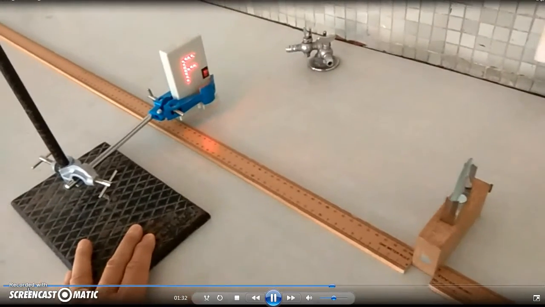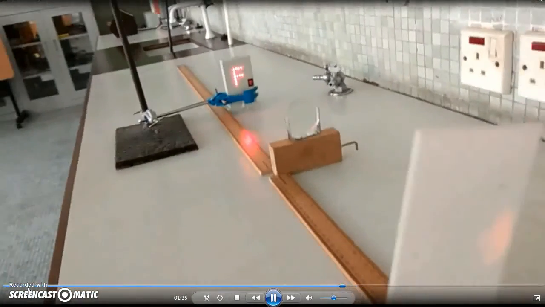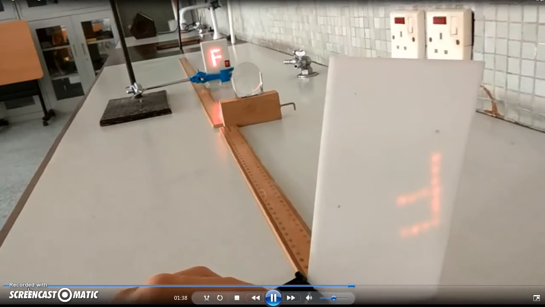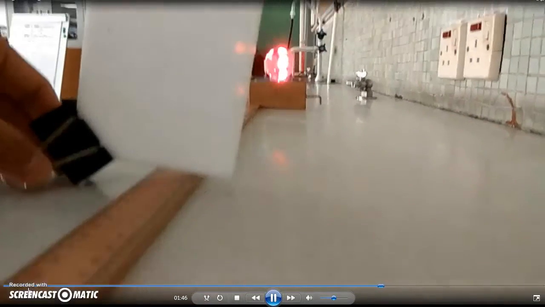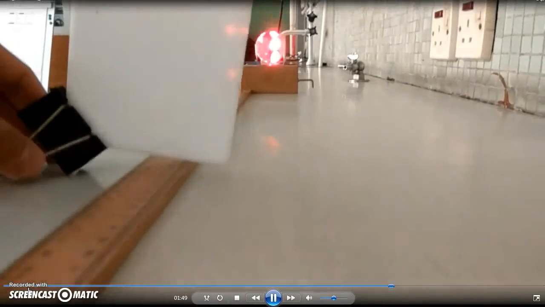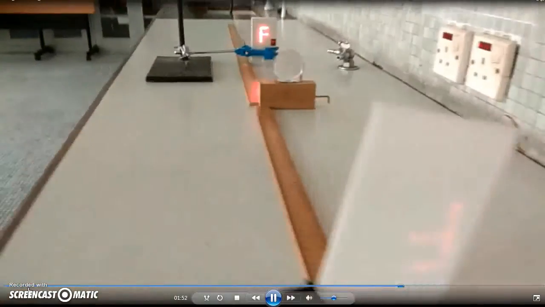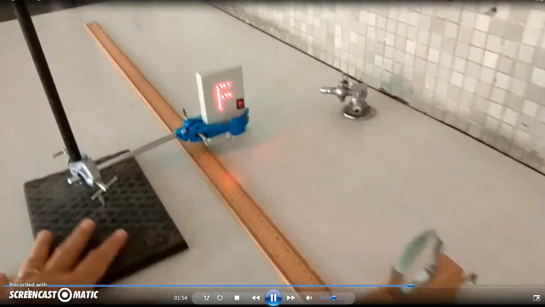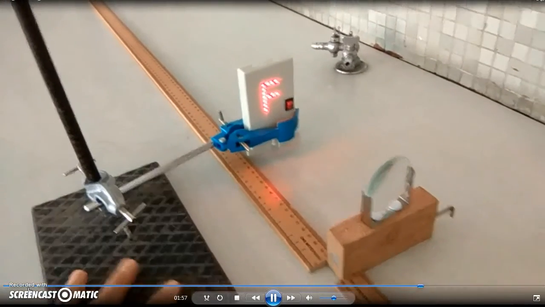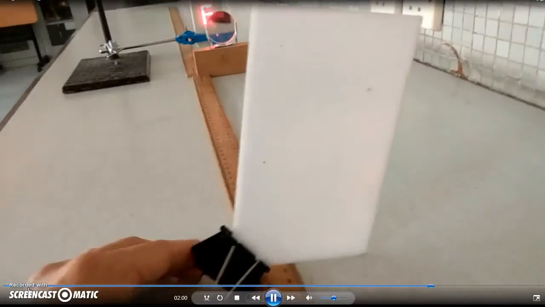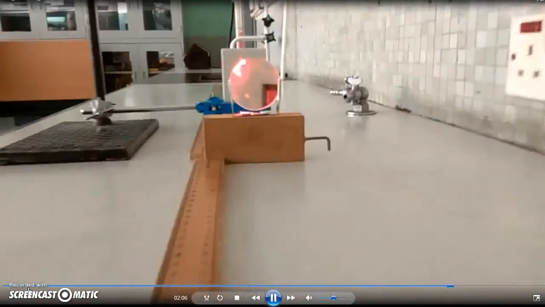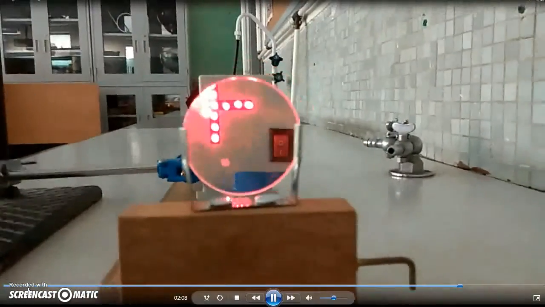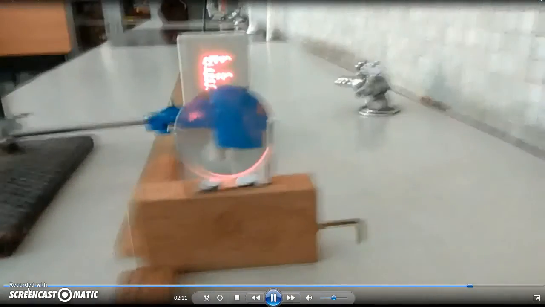Then we move the object closer to the lens. And of course you have to move the screen further away. And the image size increases. The image distance also increases. Next, we move the object even closer to the lens. And of course we try to move the screen further away, but still we fail to form an image. So we look at the image directly through the lens. It's quite big.